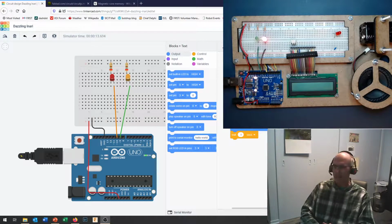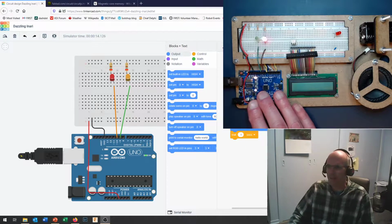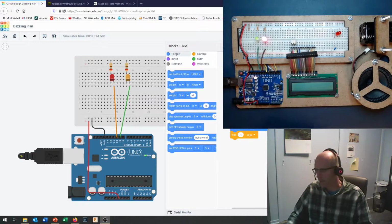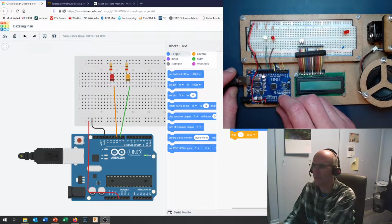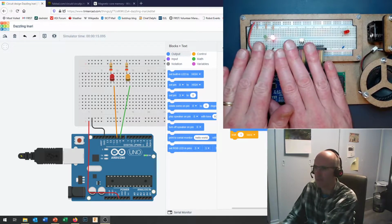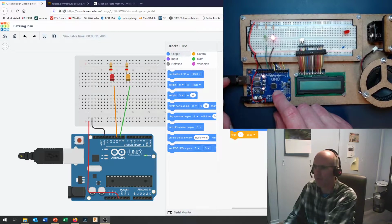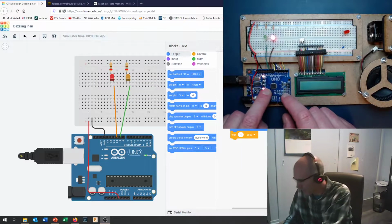But last day, we actually downloaded the Arduino IDE, or Integrated Development Environment, and put it on our computers, and took a USB cable, plugged it into our Arduino, and wrote some code to blink some LEDs, and uploaded that onto our Arduino. And when the code came into the Arduino, it came in